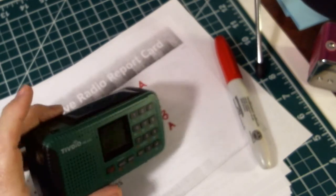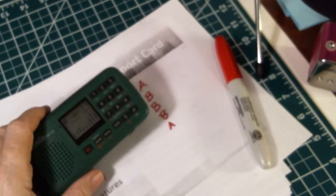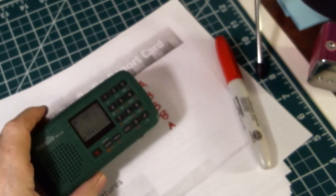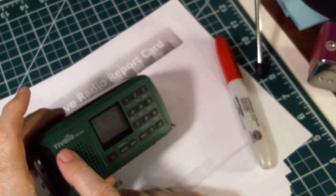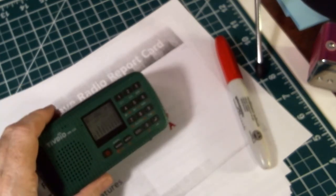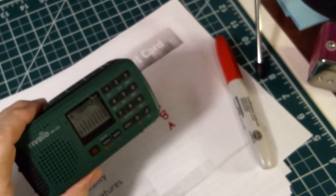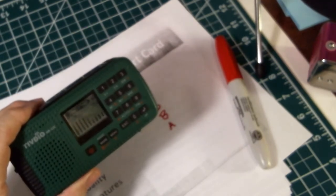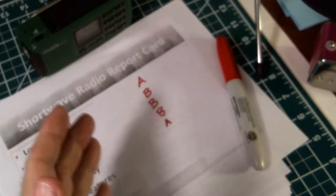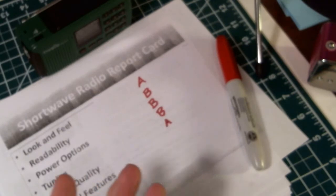What was I going to say? Oh, I was going to look at the spreadsheet that I've been showing you of the comparison of the various models from TIVDIO, whatever, and down under this one there's a whole bunch of special features, and I'm going to have to probably do several shows to show you